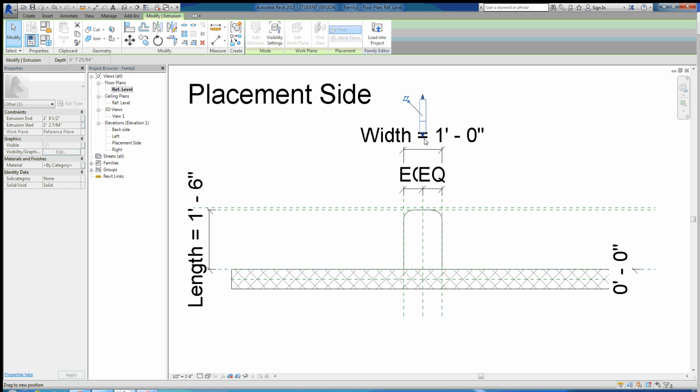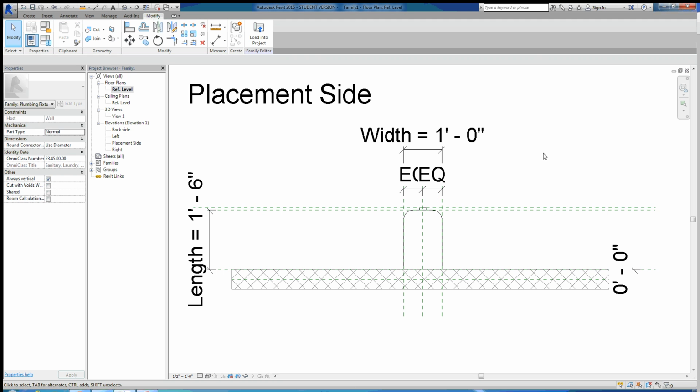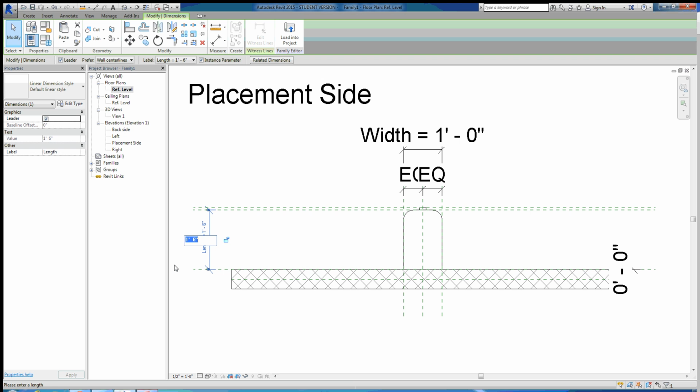So I'm going to take this grip arrow, bring it down to that reference plane, and once I drag it down to this reference plane, I can choose to lock it there. Then I'll grab this one, drag it down to that reference plane, and lock it there. Now quickly, I'll just show you, you don't have to do this, but if we change our length from 1'6" to 2 feet,